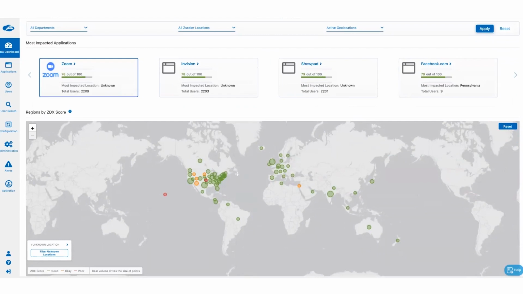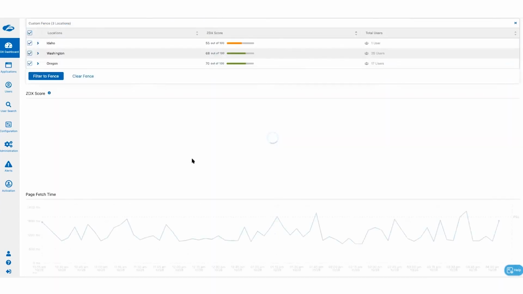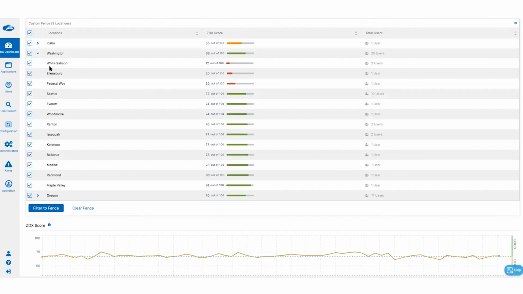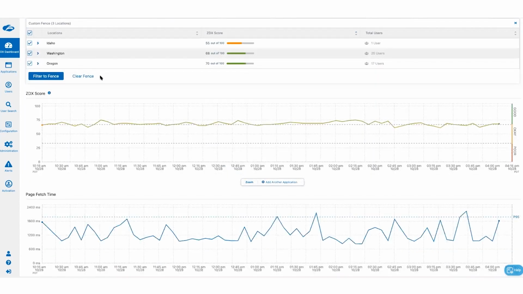And one of the users that I was working with actually was having a problem connecting to Zoom in the morning. So what we can do here is we can select certain regions where those users might be located to get the context of the user as well. In this case, I'm selecting 3 locations here. Now, in this case, what I'm seeing is I have 3 US states. I can click here and see individual towns or cities from where the users are coming from and go down to the city level. But what I'm going to do here is click on Washington State, where I have 25